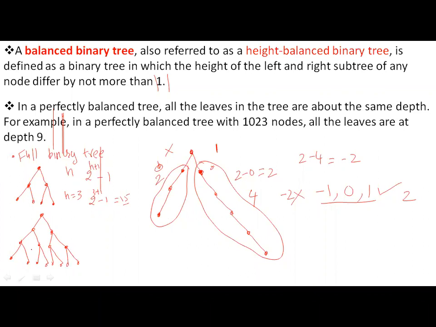Okay, so if you count 8 plus 4, 12, 13, 14, and 15. Okay, so this is called a full binary tree. All nodes will have two child nodes. Okay, there is another one, the complete binary tree. This full binary tree is called perfectly balanced. This is nothing but perfectly balanced here.